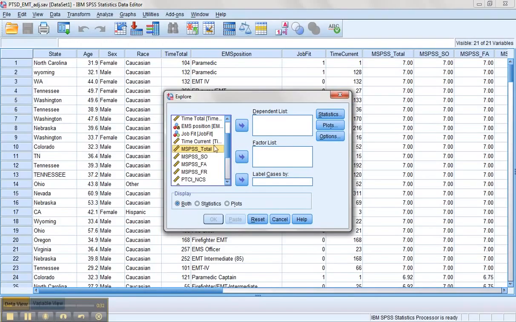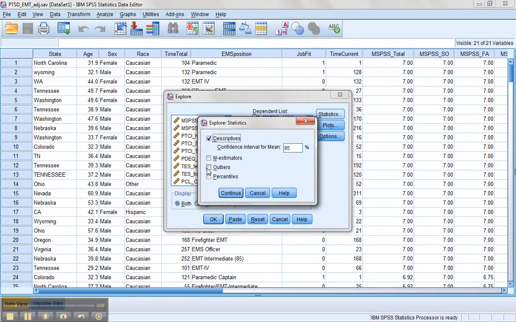Let's just grab a couple of variables. We'll look at social support, MSPSS. We'll look at the negative cognitions. And let's pull over the CESD. Just grab a couple of variables just to see how they look. Now, we'll want to go in here and